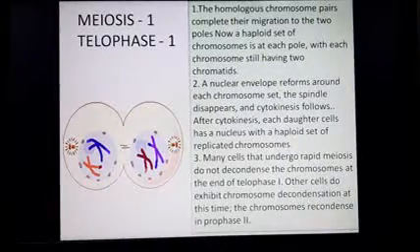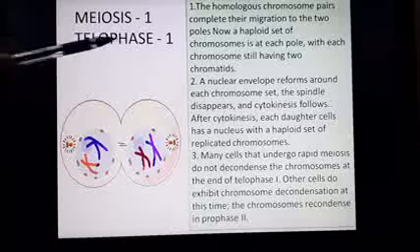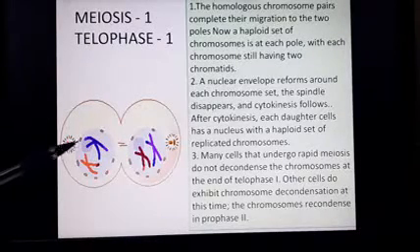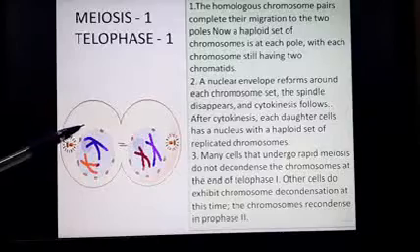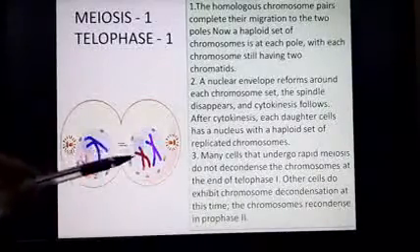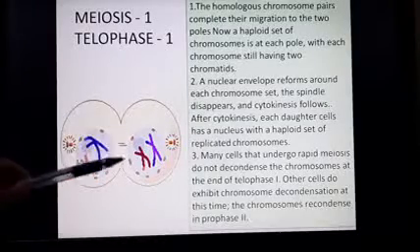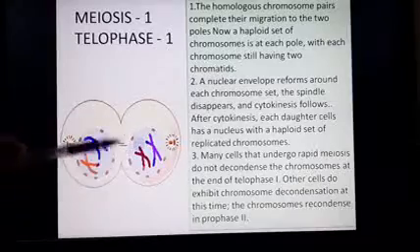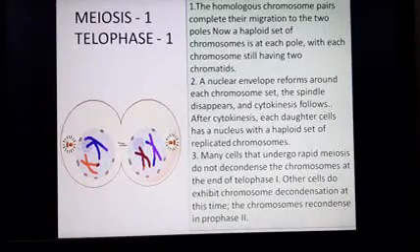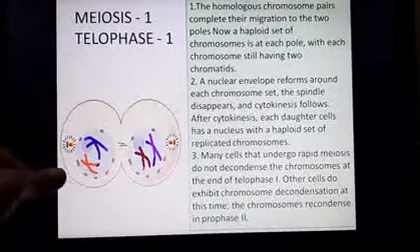And the last phase of meiosis 1 is telophase, the end phase. Over here you can see that the nuclear wall starts to re-emerge. The nucleolus also is re-emerging. The wall of the cell or the cytoplasm is also dividing, and 2 cells are formed. But here you can see that the 2 cells have half the number of chromosomes now.